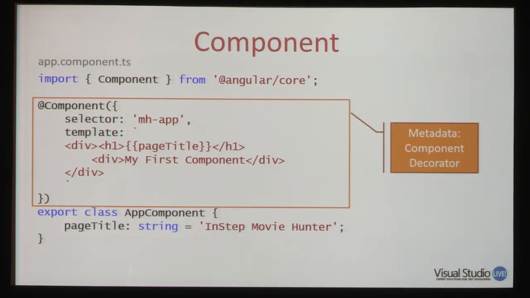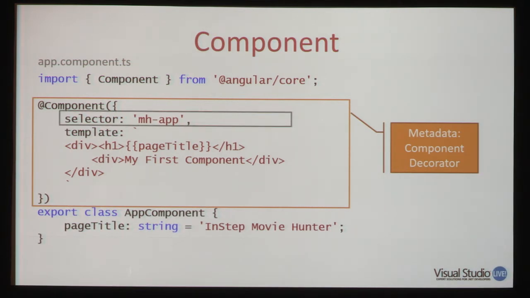So we're attributing it, and we're providing some additional information about this class to Angular. And so that's where we both define our metadata and our template inside there. So this first thing, backing up just a moment. Just like with attributes, what this really is, is a function call. So when you create an attribute, it's basically calling into some code. And that's what this is doing too. It's calling into a function and passing in an object. That's what the curly braces are inside there. And the object has properties and values.